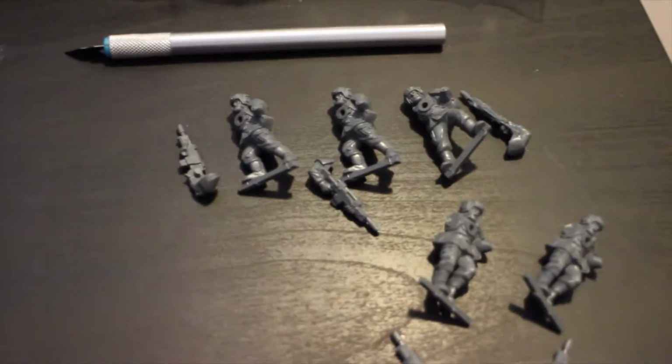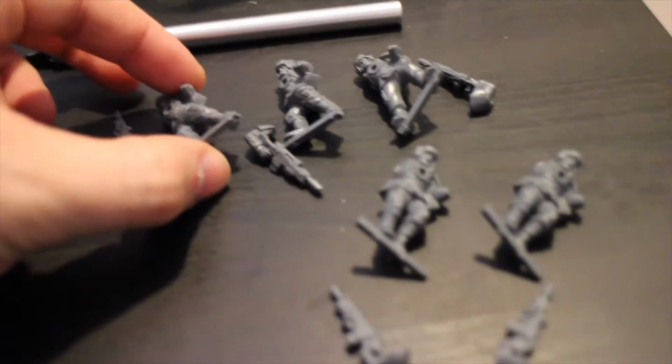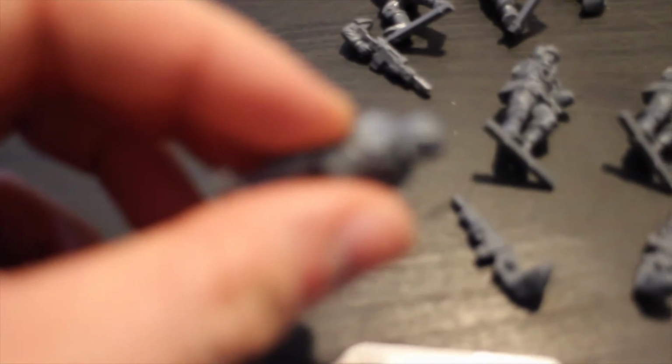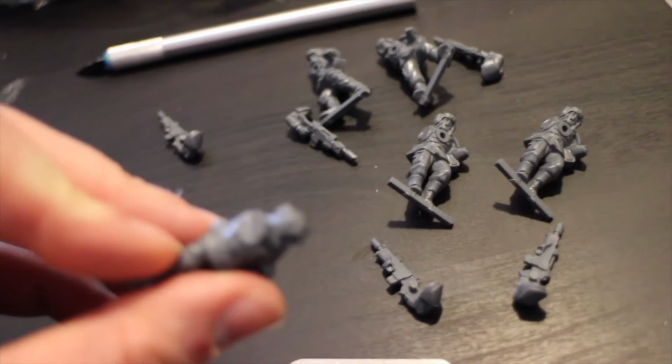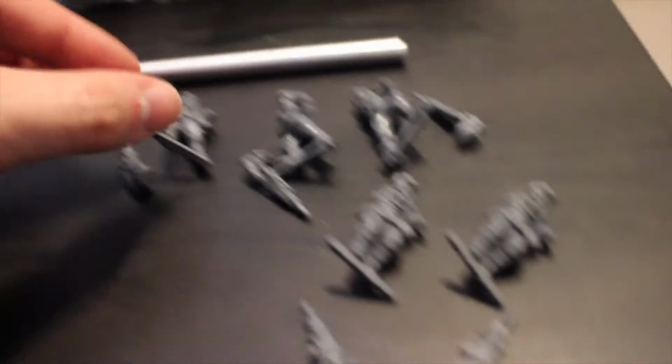Okay, so I've just clipped out all of the guys there, and I've kind of just assembled them together with the parts that are going for each one. I'm just going to clean up the mold lines, and then I'm going to work on sticking them together. I might just apply a little bit of glue because they've got a flat spot here on the arm. You can see that there. Wants to focus. Got a bit of a flat spot there that would work better with the glue